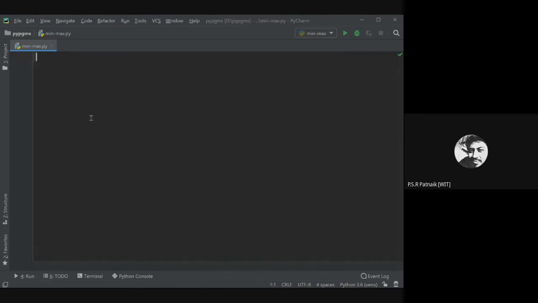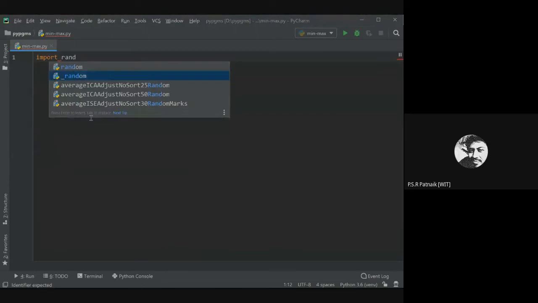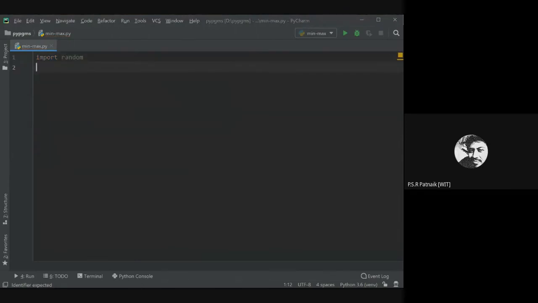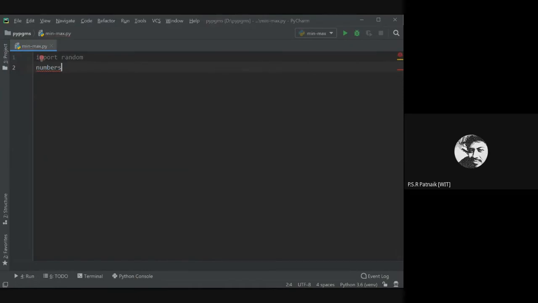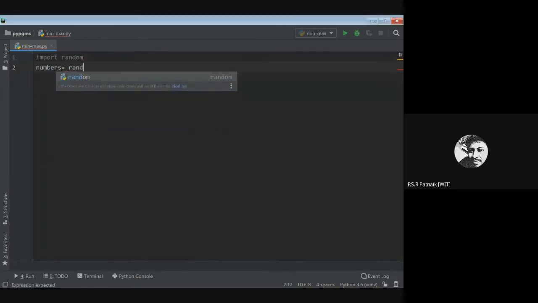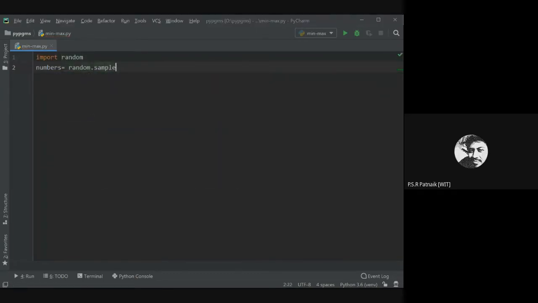Okay. So the first thing I need to do is to have an input array. We will have the input array as a random array of size 10. We'll randomly take elements and initialize that array randomly. So we will import the packages required for this. In order to generate random numbers, I need a package called random. Let me take an array of numbers called numbers, which is equal to random.sample.